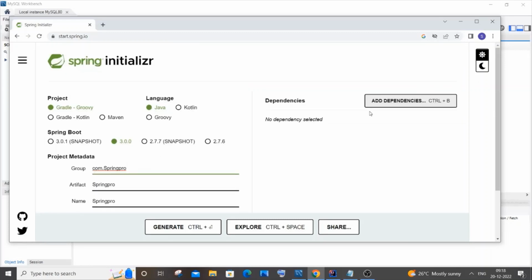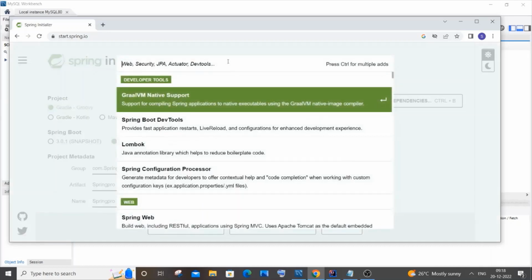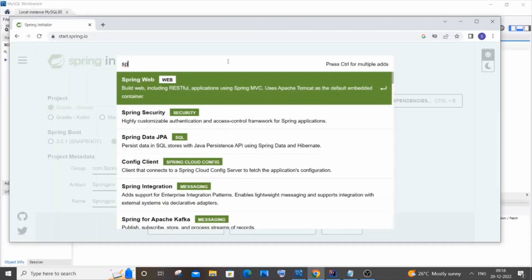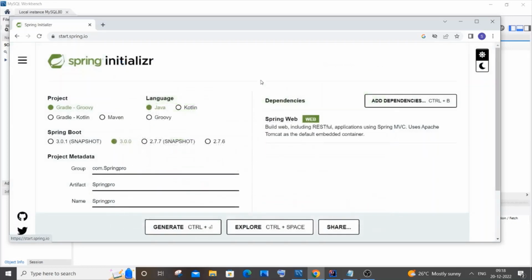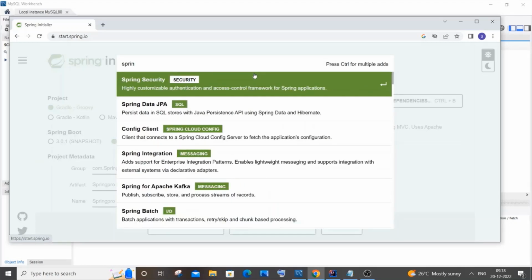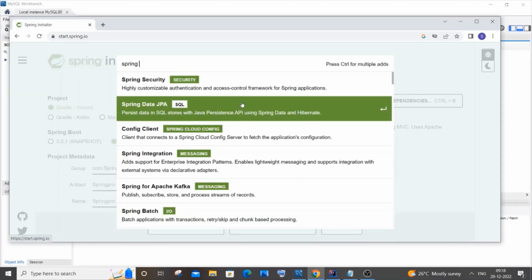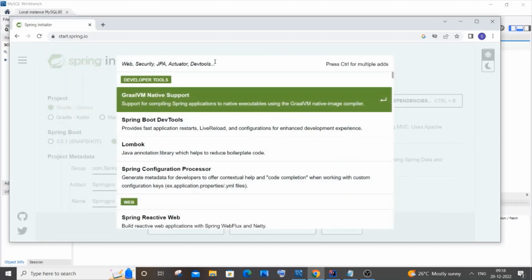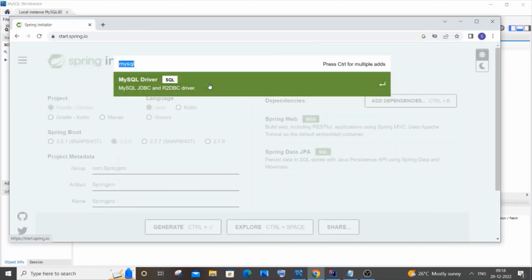So just click on add dependency, and first thing we need to search for is Spring Web. Just add it, Spring Web, and I will click add dependency again, and the next one is going to be the Spring Data JPA. Here we will be having it, and I will add the MySQL driver as well, MySQL driver, and the final one is